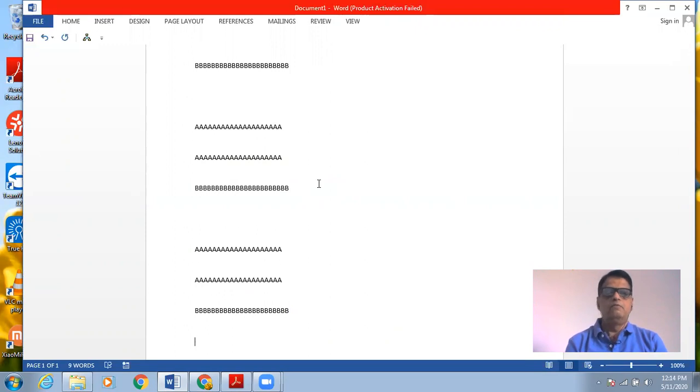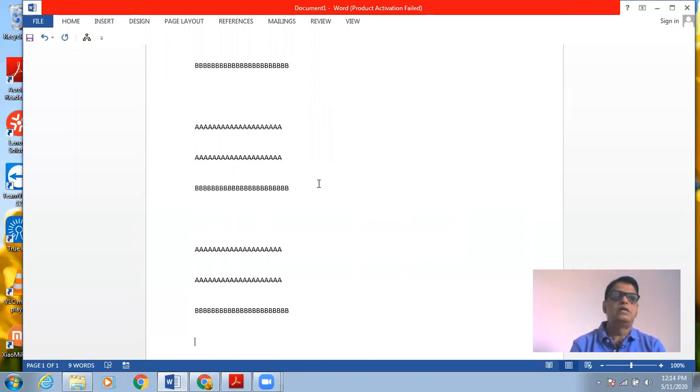So here we will find that this utility of macro is very useful because it saves our time. We need not press the keys again and again, and without pressing the keys, you will find that some set of actions can be performed in a document by simply clicking the macro button once only.